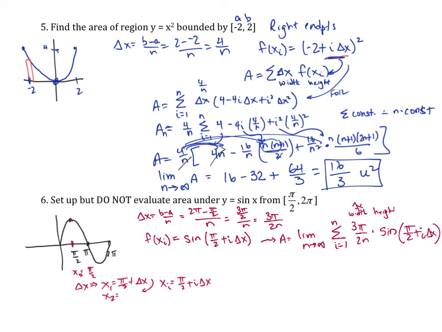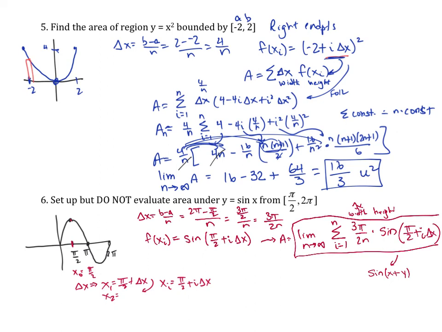Now, it said set up but do not evaluate, so we can leave it at this point, because if we had to evaluate it, we would be plugging in that i. If you were solving this completely, you would have to use this sine of x plus y situation, just on a side note here, and you'd have to use that,